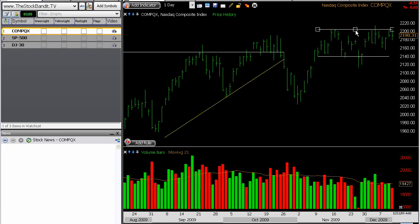Upper resistance for the NASDAQ is 2205. We need to see a close beyond that level for this index to get back on the move. Lower support is down here at the 2140 area, so we need to see a breakdown through that on a closing basis, meaning price needs to finish a day under that level in order for us to maybe gather some downside momentum. But for now, we have yet to clear either one of those levels,